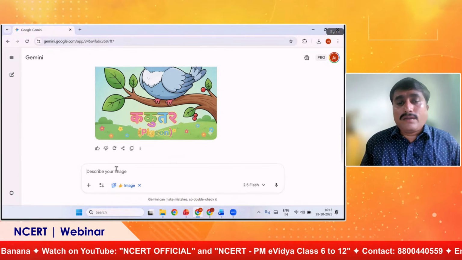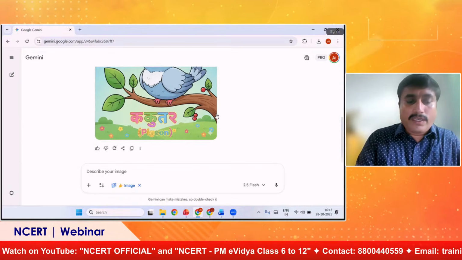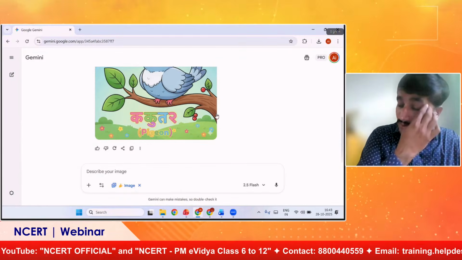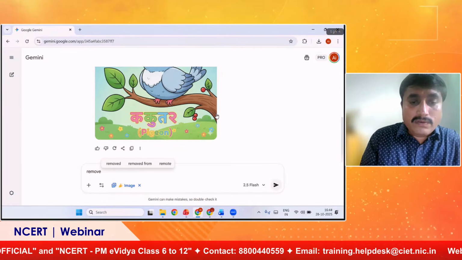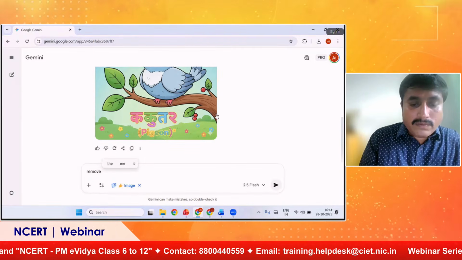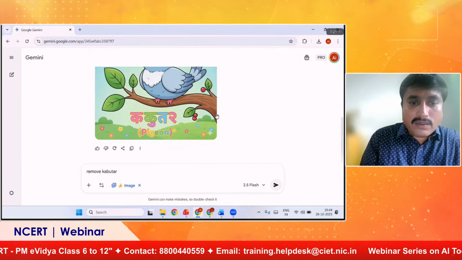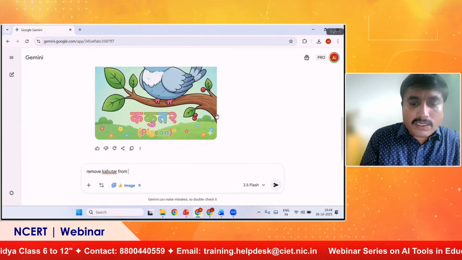So you can give it a conversation or a prompt: remove kabutar from image.